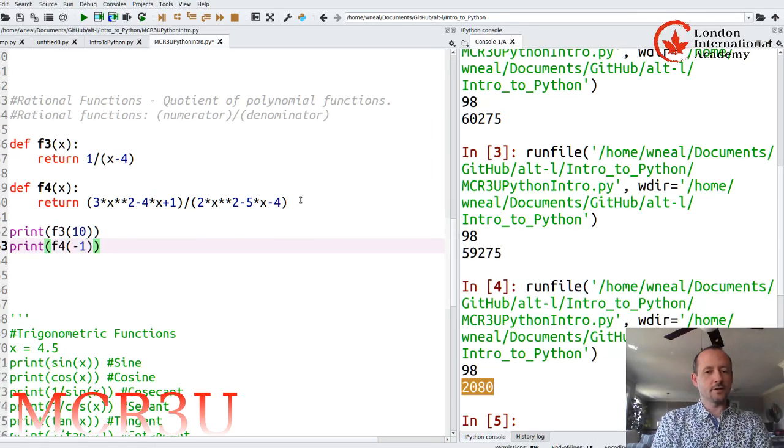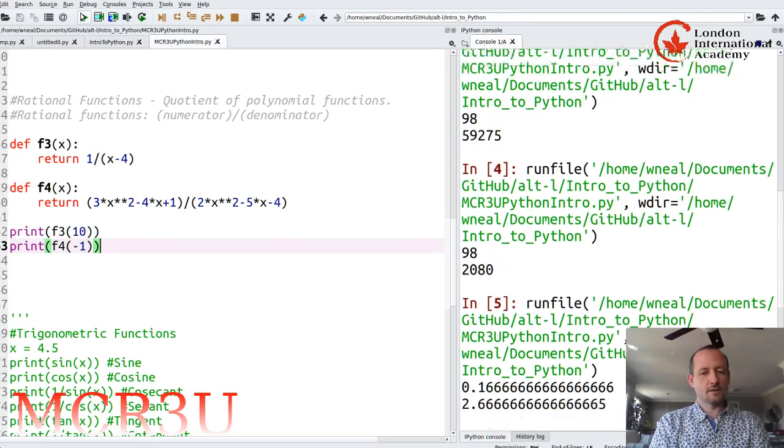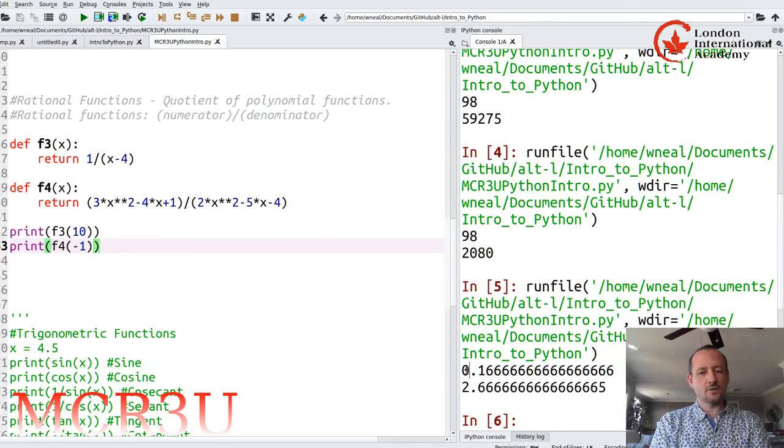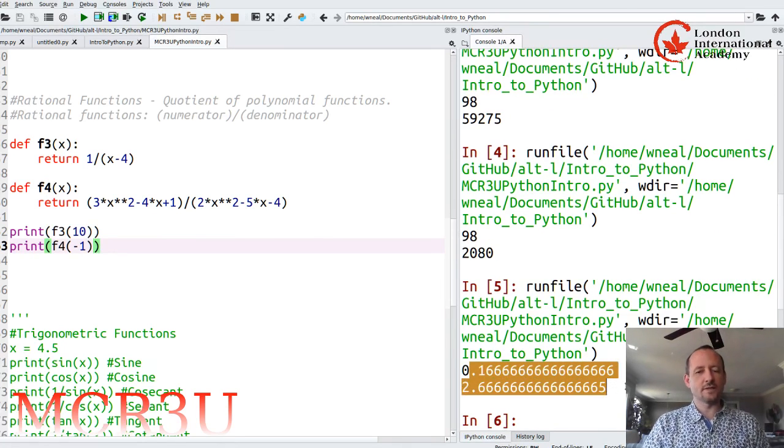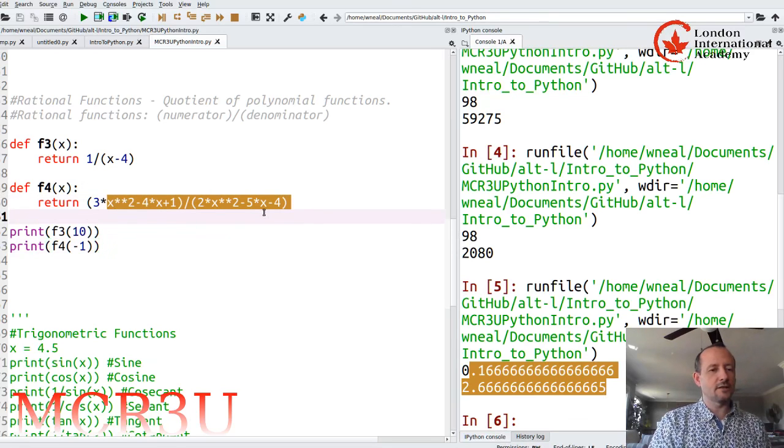And we'll see how that works. Okay. And I got two values, 1.166 repeated, and the other one is 2.66 repeated. So imagine again trying to calculate that in your calculator, very slow, but here once you enter it,